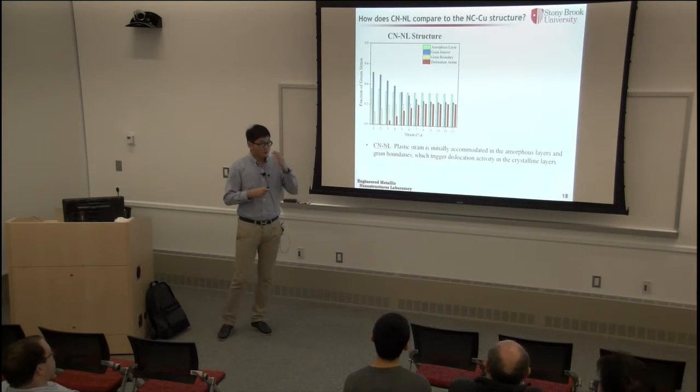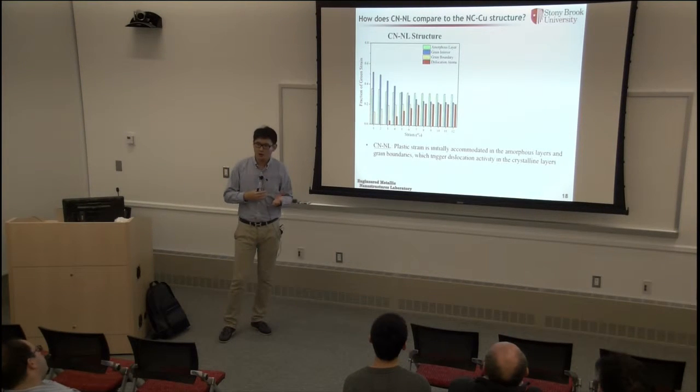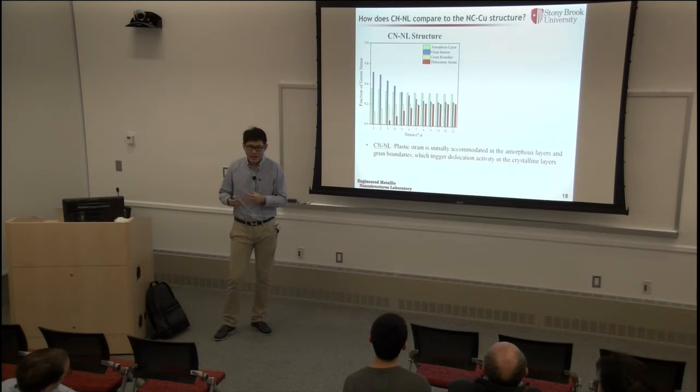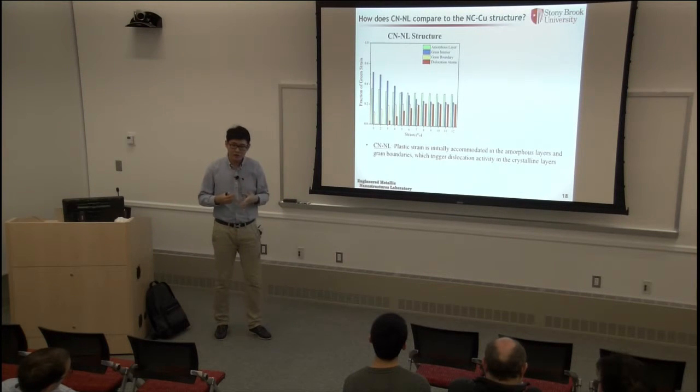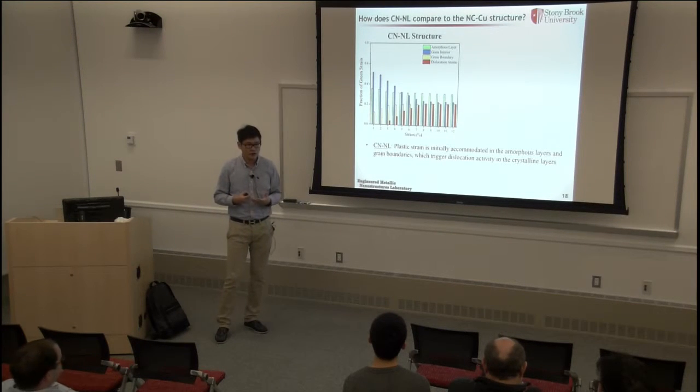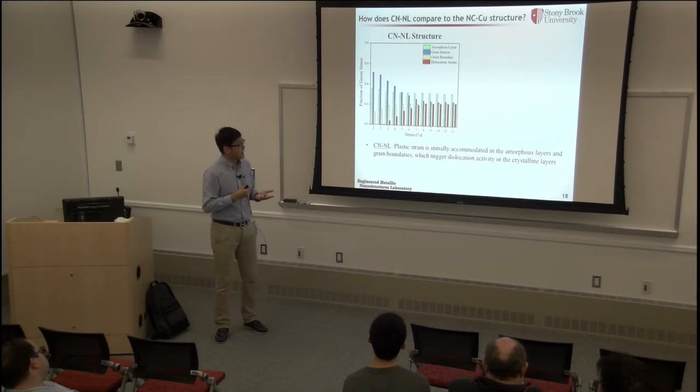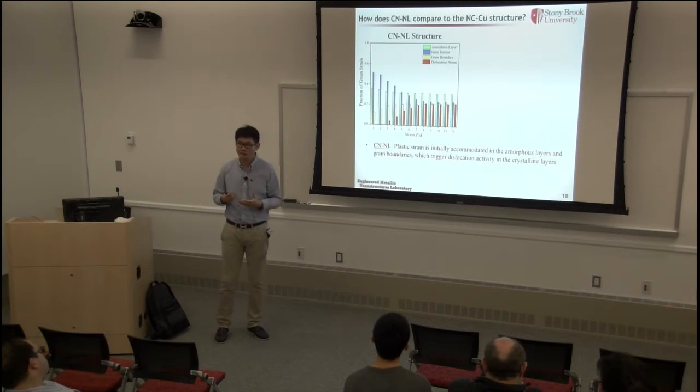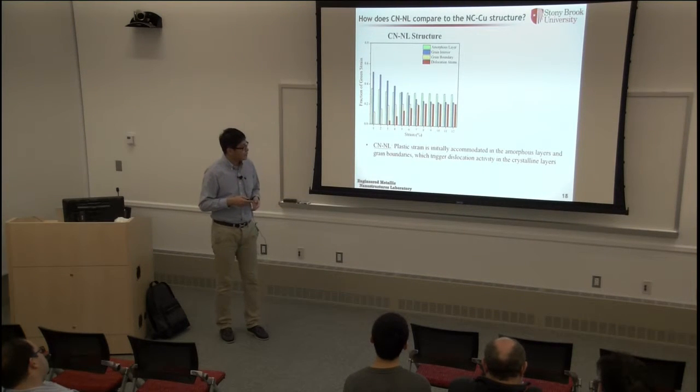Then, as I said before, we compared the stress-strain curve of the EQX nanocrystalline copper with the columnar one, and we saw a difference in when the strain is accommodated. So we use the continuum-based deformation matrix grain strain to characterize different mechanistic contributions to the overall plastic strain. And this picture shows the columnar nanolaminate structure as the grain strain map, and